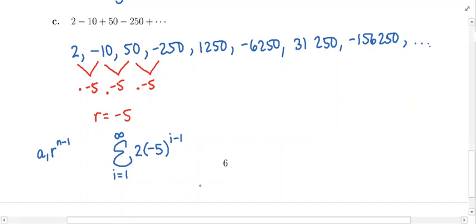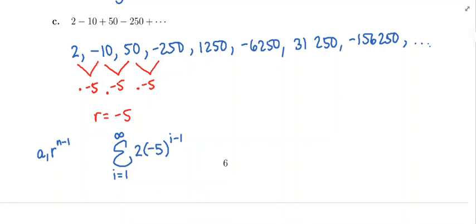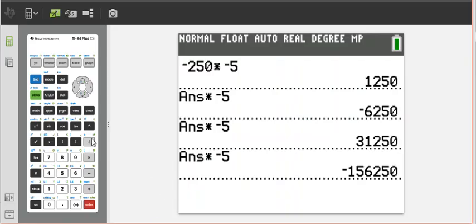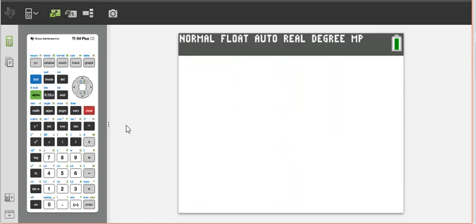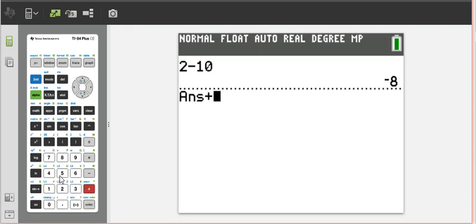Okay, if you start adding these guys up, let's see here. If we add up the first 5 terms, I'm going to start adding. If I do 2 minus 10, that's going to give me -8, I add 50,